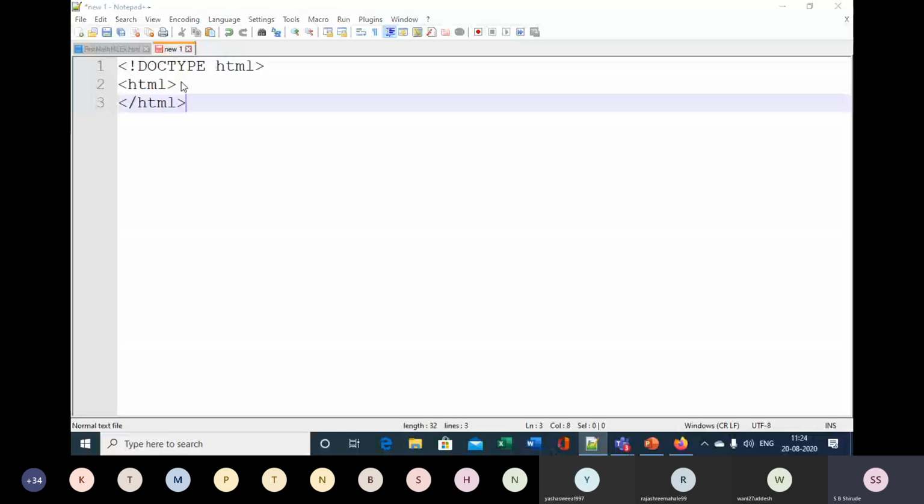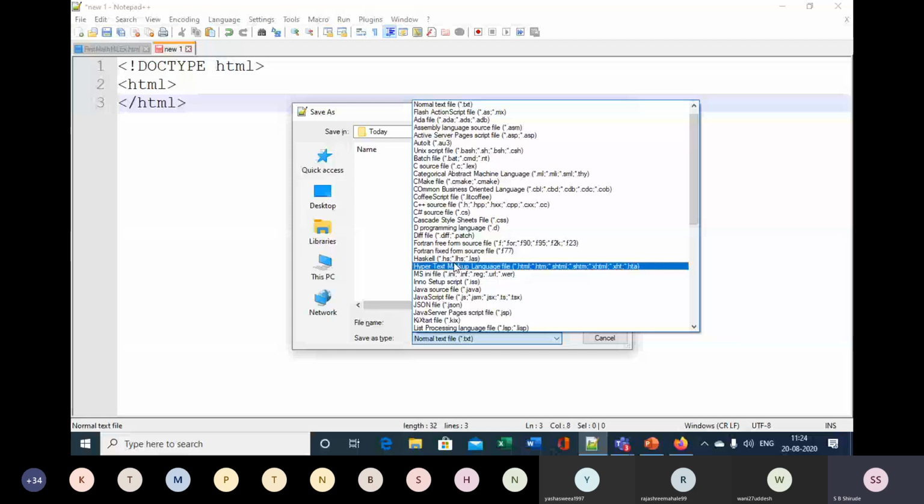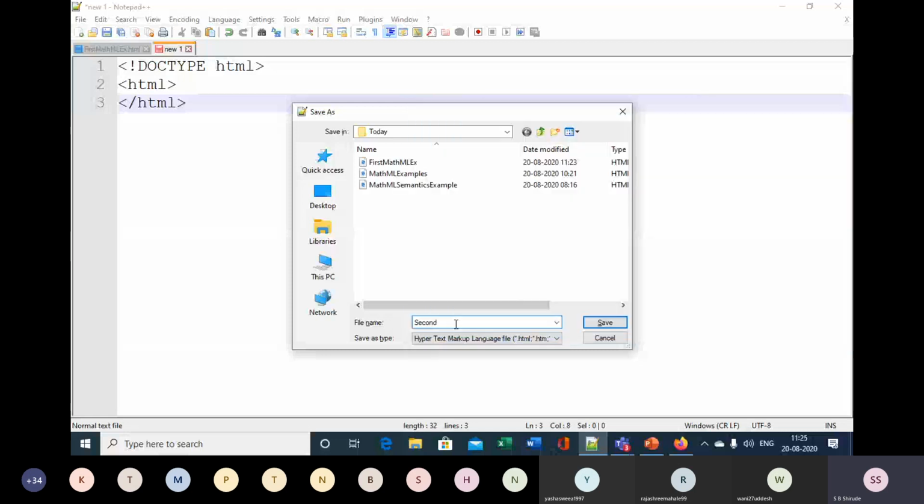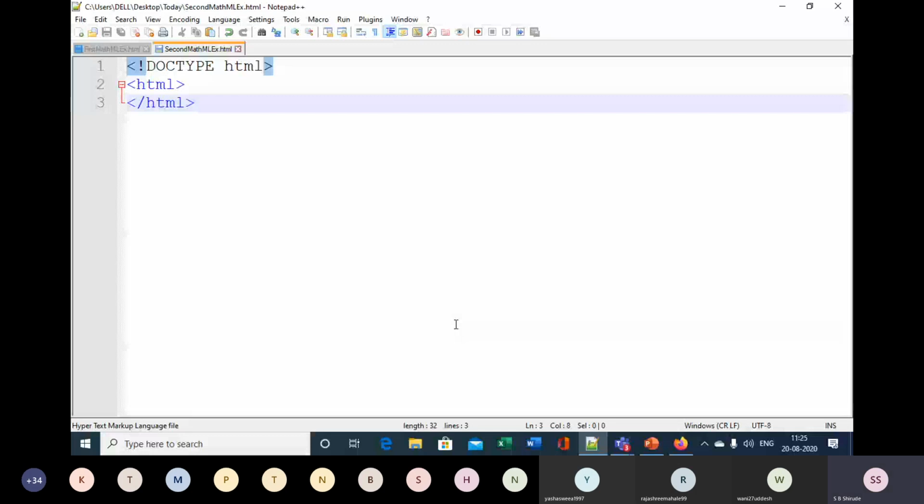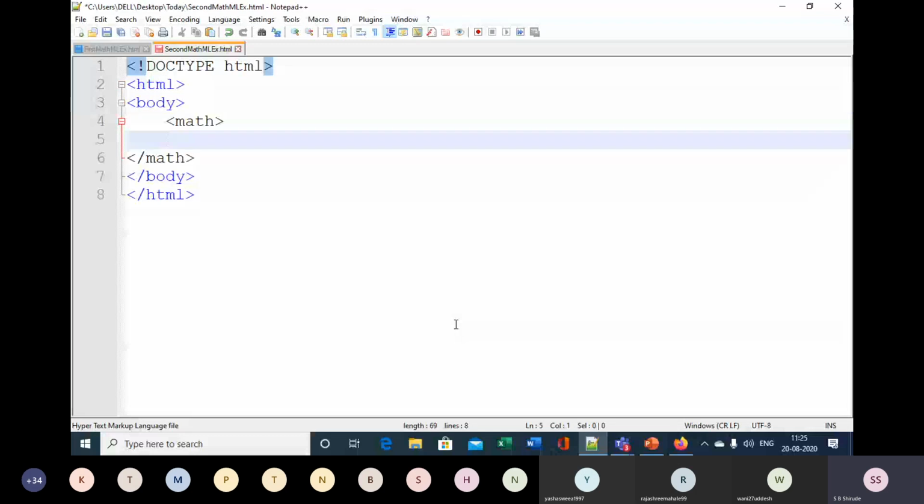I will save it as a .htm file, so select the option .htm, and here give the name second MathML example. So save it, and then inside the body make use of math, and in the math element, what I want to put is the square root of 2.